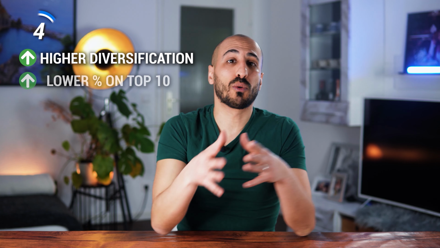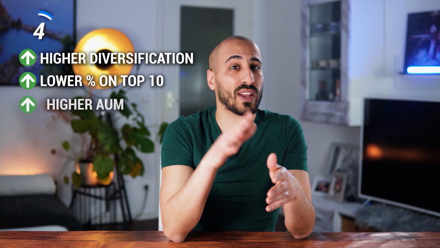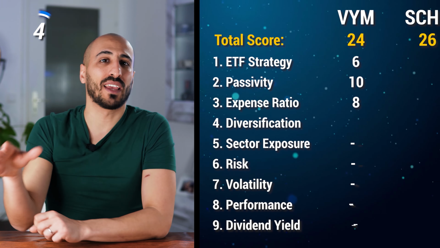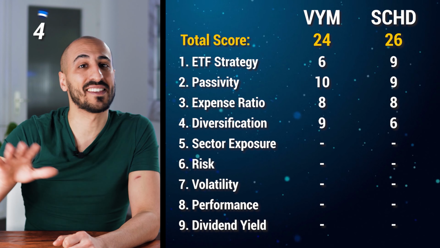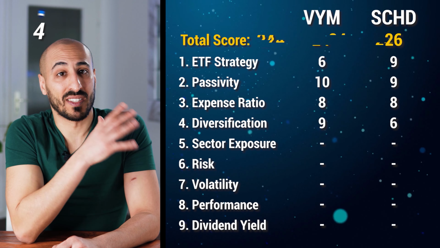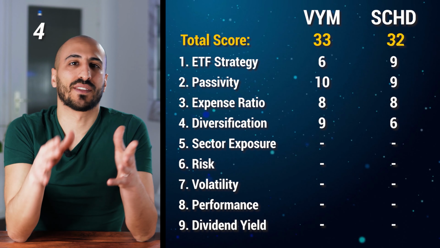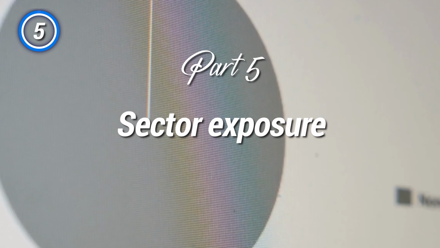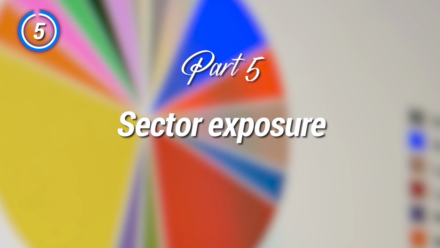Now, considering the higher diversification of VYM, the lower concentration on the top 10 holdings, and also the higher assets under management, I'm gonna give here 9 to VYM and 6 to SCHD. So now VYM is leading with 33 points against 32 for SCHD. Moving to aspect number 5, we're gonna analyze the sector exposure of the two